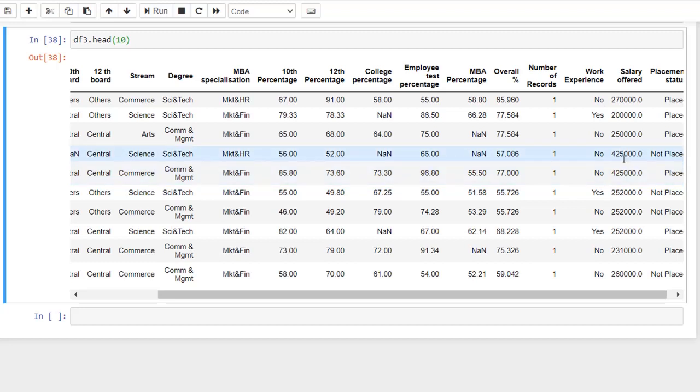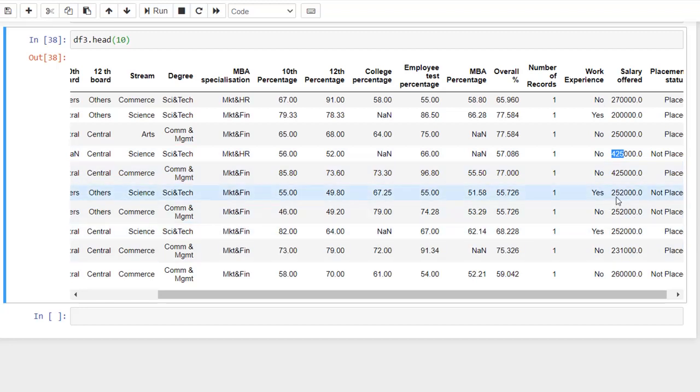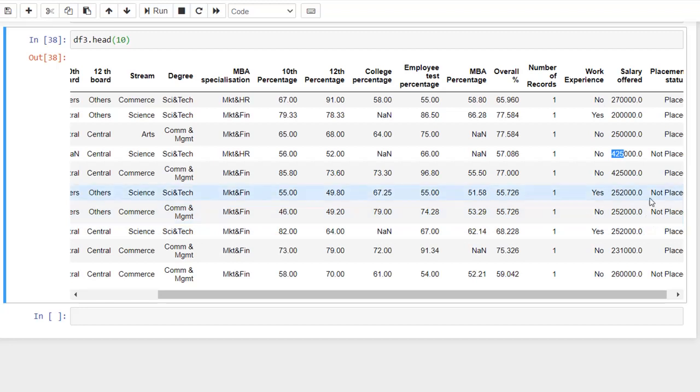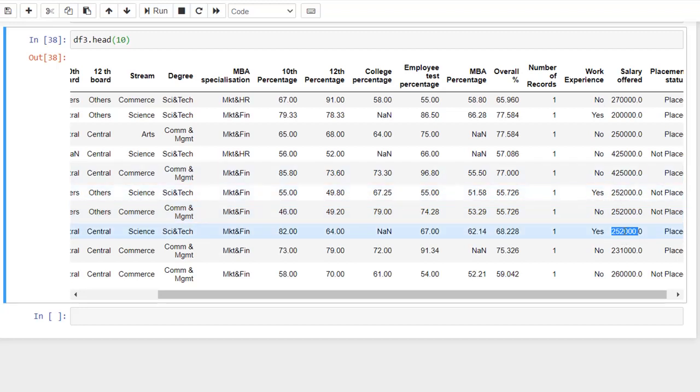So backward fill technique works in this manner. Whenever you find a missing value, it will be filled by the value in the next row. So this value will be filled in this previous row. Again here, these two rows were having the missing values, so the value of this particular row is filled in these two rows. So it goes in the backward manner, right? The value of this particular row is filled in the previous rows. So this is how backward fill works. It works in the opposite manner of forward fill.